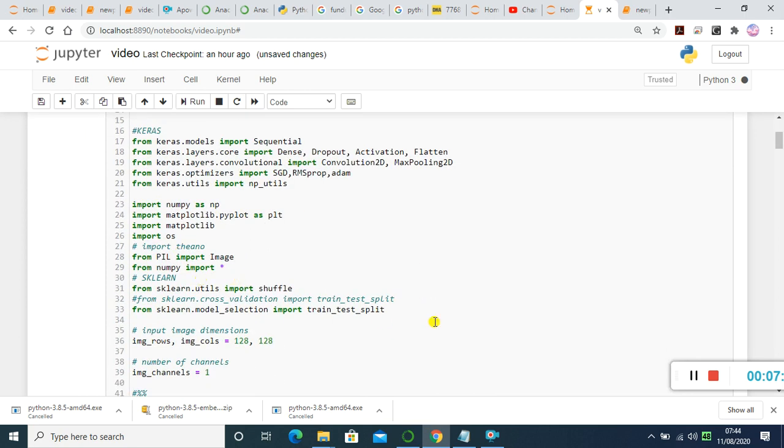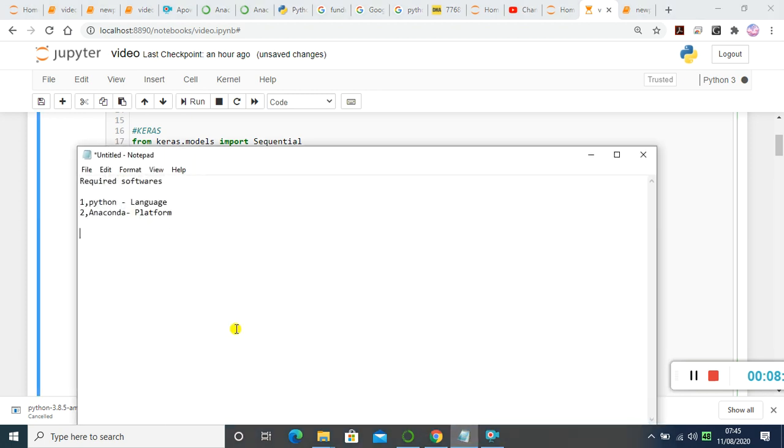First we need to import all the library files from Keras: layers, flatten, convolution, max pooling, everything. Then NumPy, Matplotlib, everything we just imported. These are predefined libraries because we already installed Keras. If some toolboxes are missing, you have to download and install them. If you want to install any new library, just use pip install